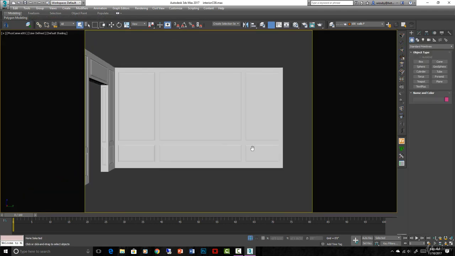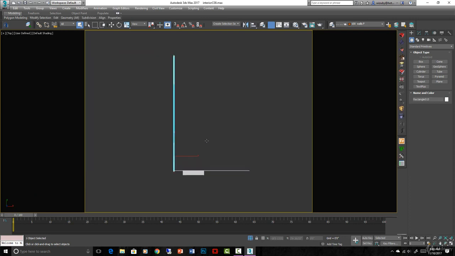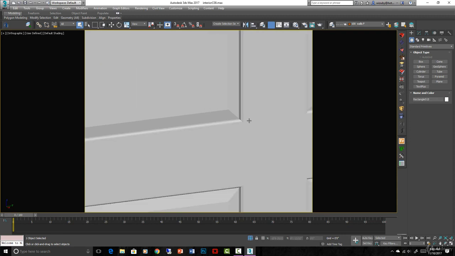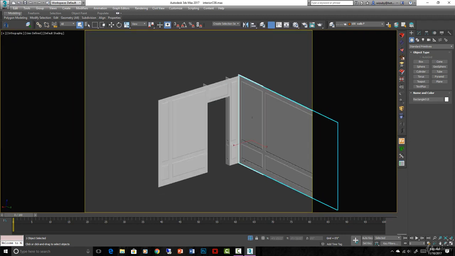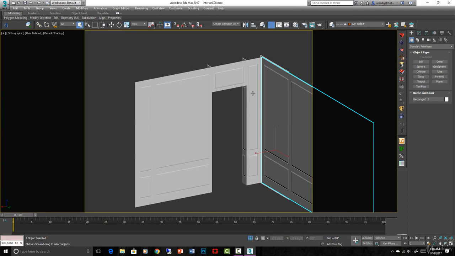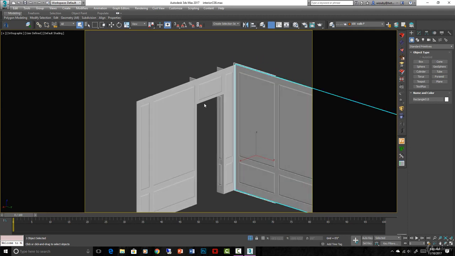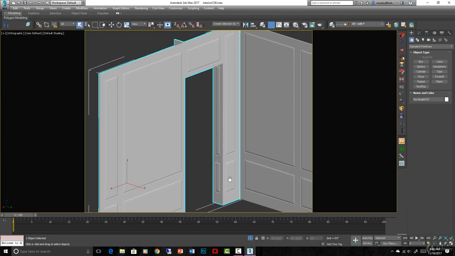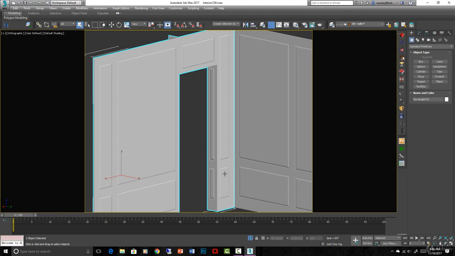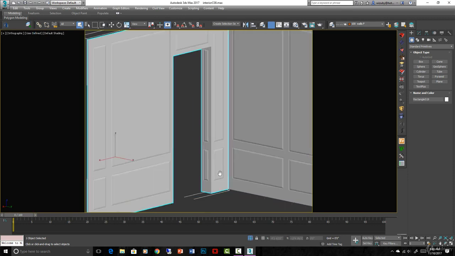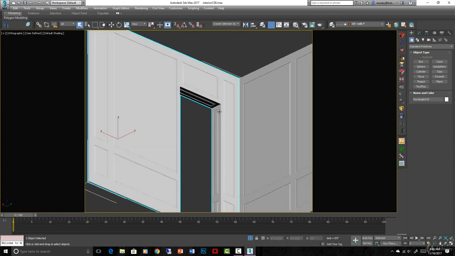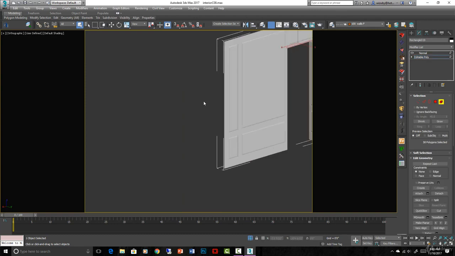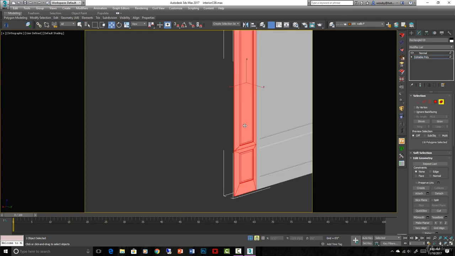Okay, I had a little glitch in my computer and it shut down what I was working on, but that's okay because we were already to this point basically where I'd copied it around with my different edit poly elements. And then you can just take the same kind of panels, rotate them around 90 degrees to make the next wall, and just follow along that outer shell that's created with edit polys to keep the light out, as I said, and just cover it in these panels. So for this part right here, that might be the only complicated part, but obviously what you can do is just continue, take these elements,